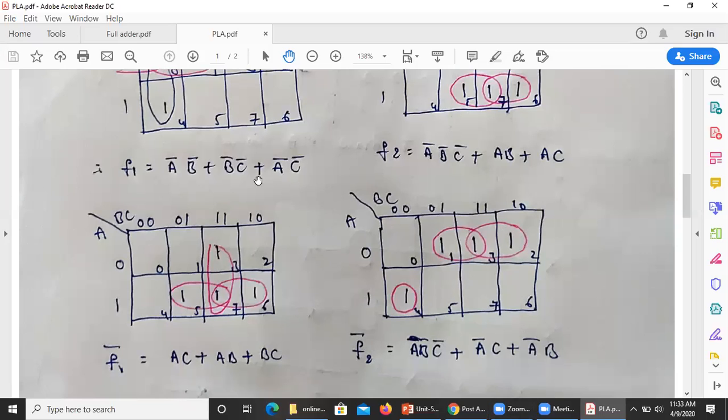Now here, after getting the equations for F1, F2, F1 bar, F2 bar, you have to choose what type of outputs you are going to consider. What is our main aim if you want to consider this? The number of terms, that is, the terms must be common, or otherwise the number of product terms must be less. For example, if after calculating F1 bar, F2 bar also, there is no common terms if you are taking, then directly you can take F1 and F2. For example, if